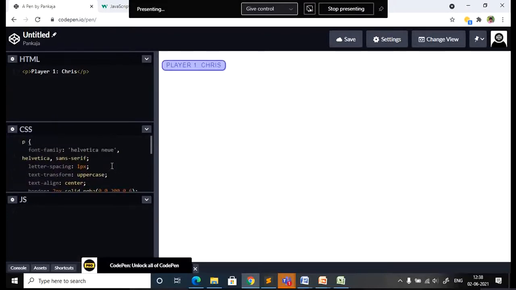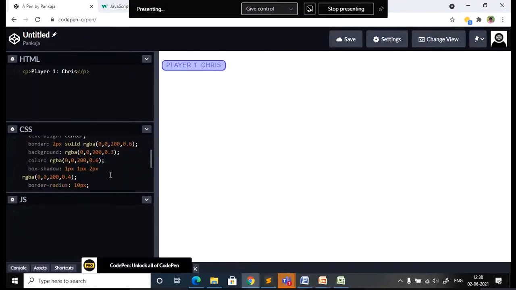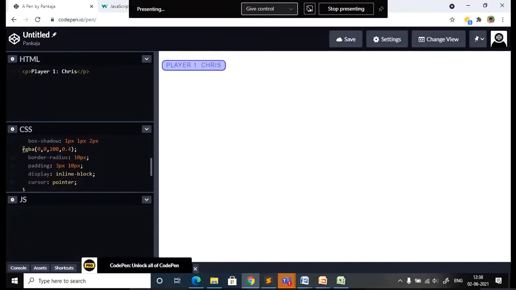You can observe, I think everybody knows all these properties. If you don't know, go back and understand what each property tells. Okay, so this is done.